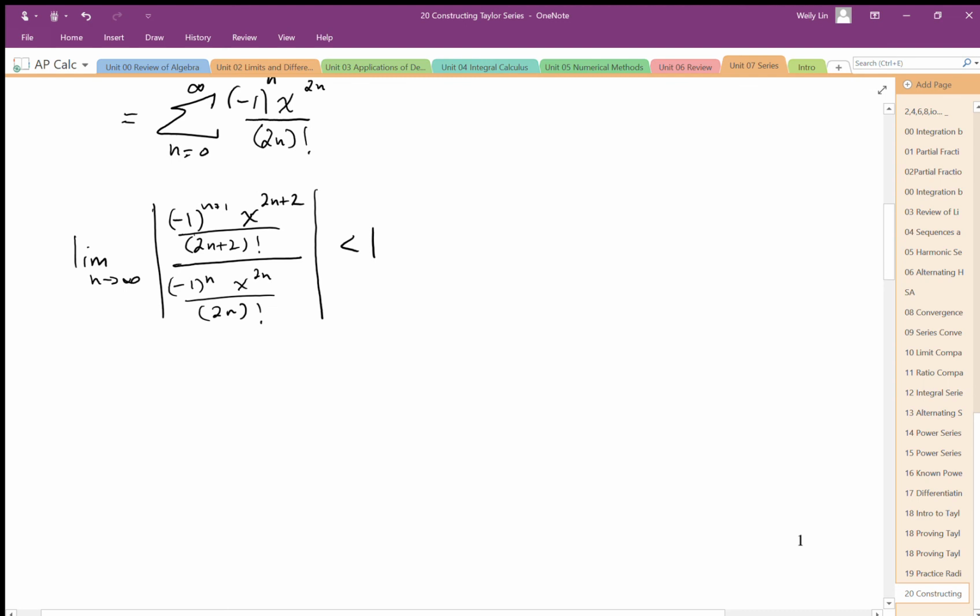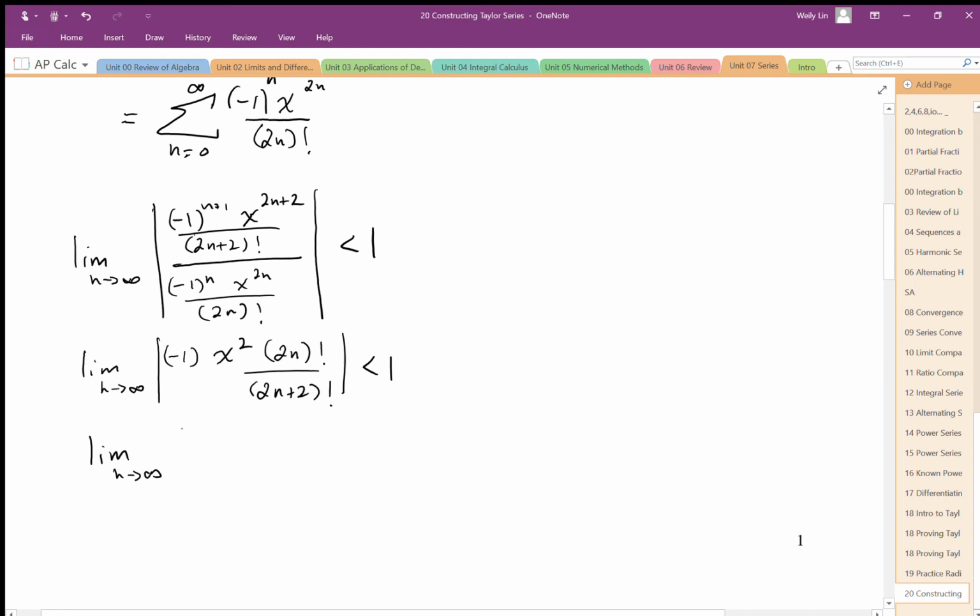So rearranging this and grouping some of my terms together, I'm going to group my negative 1, so I'm going to end up with negative 1 to the power 1. Group my x's, so x to the 2n plus 2 divided by x to the 2n is just going to leave me with x squared. With the factorial part, I'm going to end up with 2n factorial over 2n plus 2 factorial. It's nice to understand the factorial here: I have 2 more factors in the denominator than I have in the numerator. So when I simplify that factorial out,